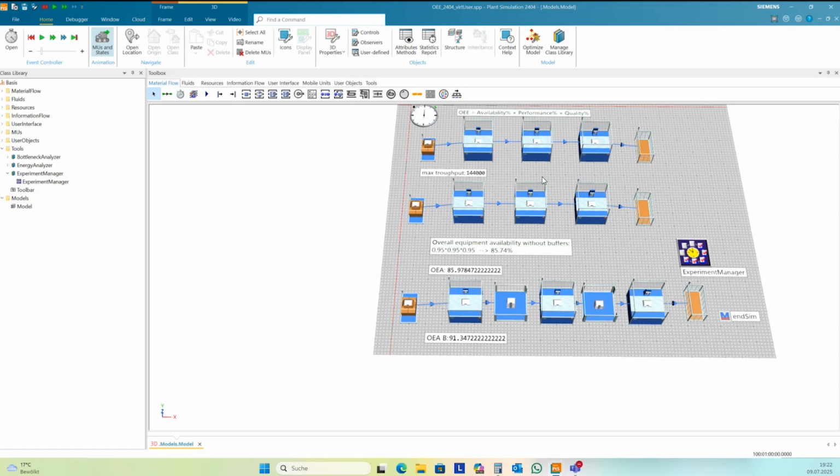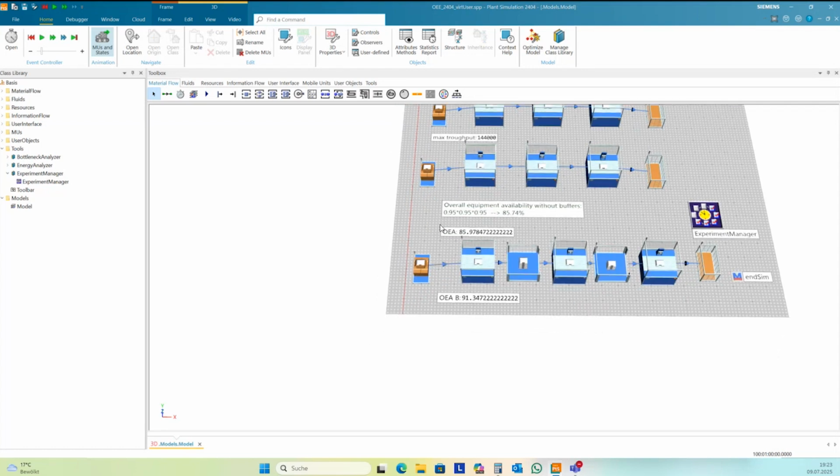And then you have performance losses because of the process itself. For instance, if you have a rework on a machine and you don't have additional machines for a rework and need to do the rework in the process itself, and then it causes a longer processing time on a certain machine, and this is also a performance loss, and is one point that goes into our OEE key figure.